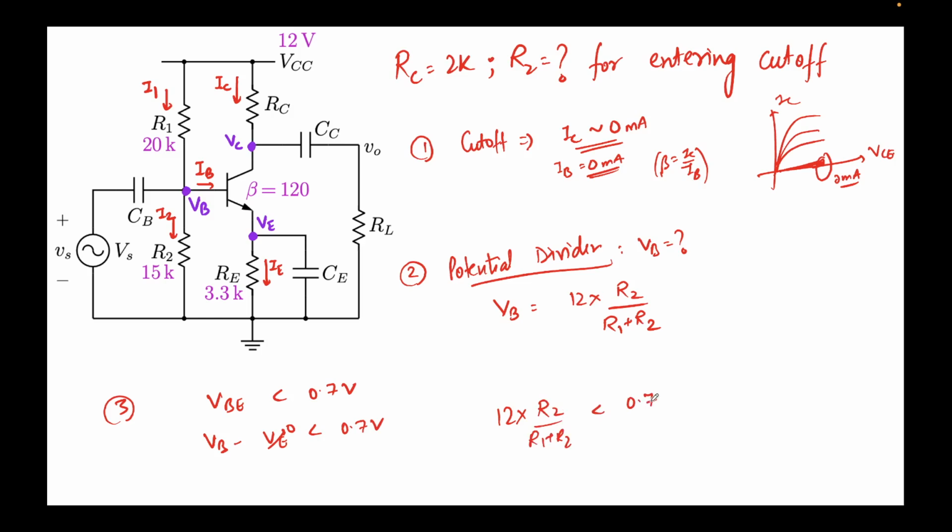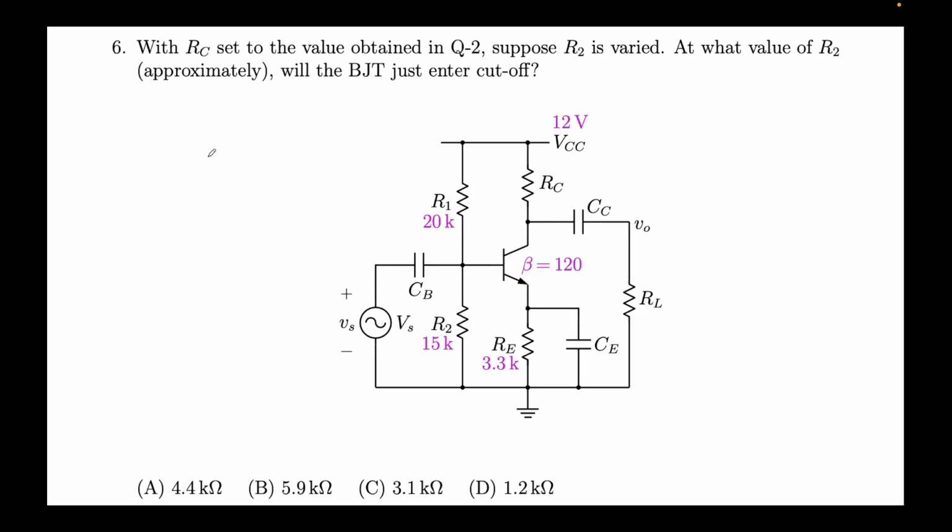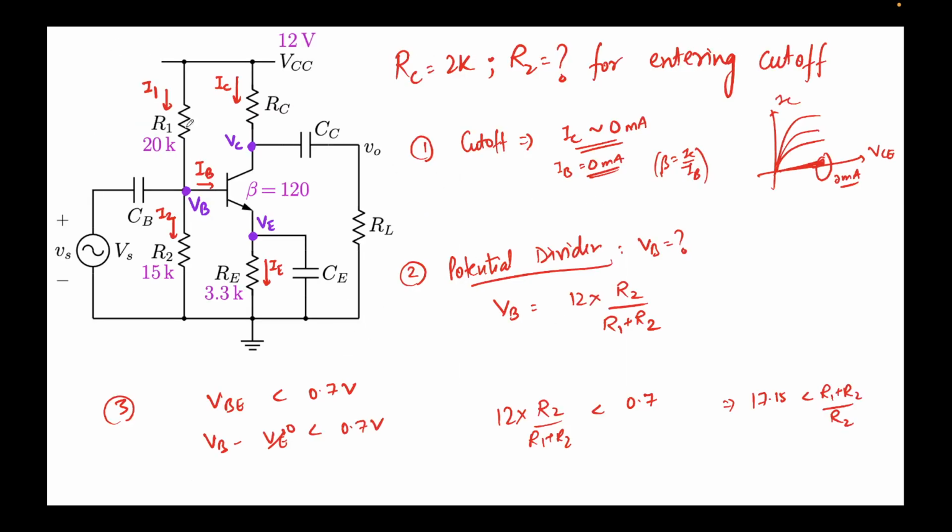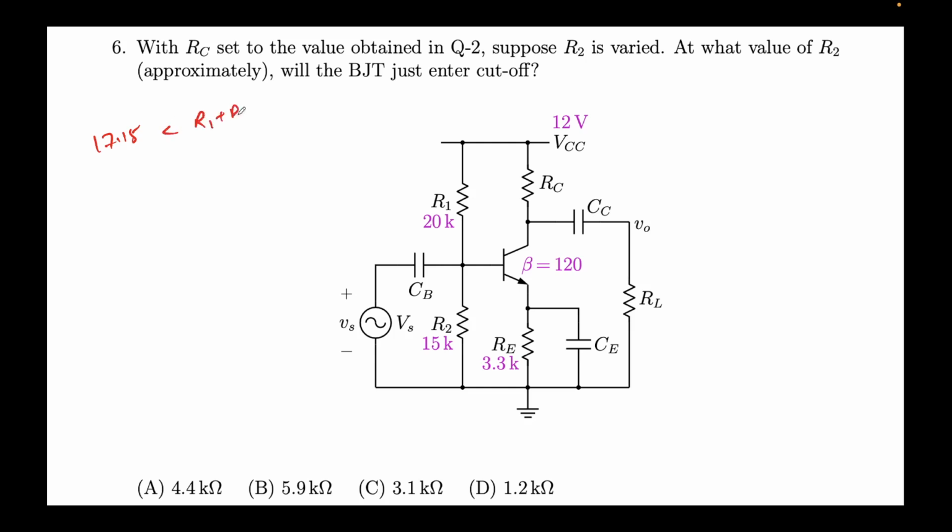Okay, so now let's just rearrange the terms. So it will be 12 over 0.7, which is coming out to be 17.15. This can be written as 17.15 should be less than R1 plus R2 over R2. I have just cross multiplied the terms. So let's go to the next slide. 17.15 should be less than R1 plus R2 upon R2. Let's divide by R2. So it will be 17.15 should be less than R1 over R2 plus 1. This should give us R1 over R2 should be greater than 16.15, and thus R2 should be less than